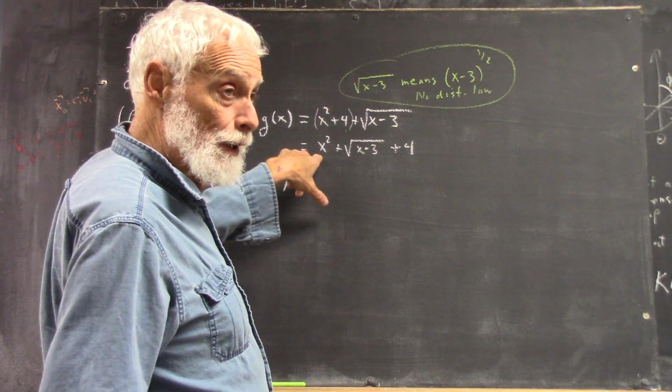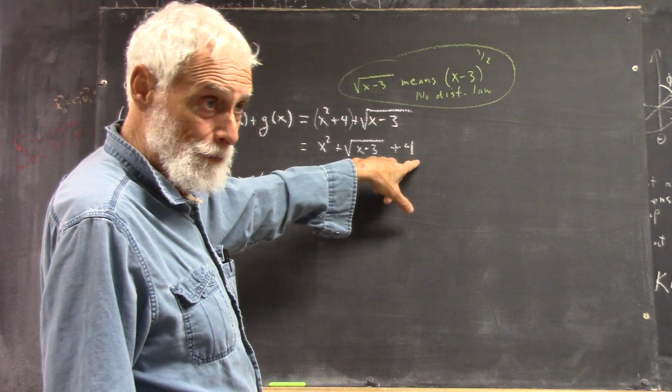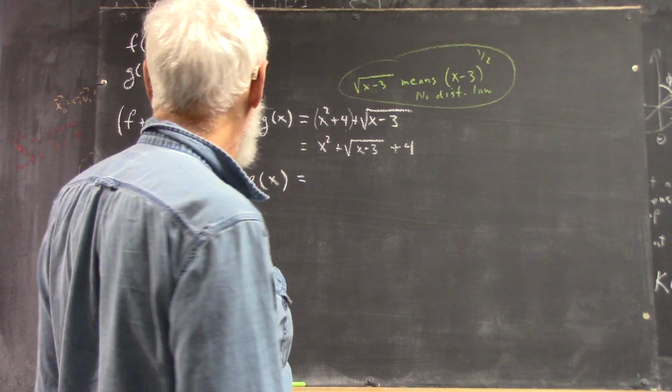This is the second power, this is the 1/2 power. That's 4 times the 0 power of x. X to the 0, of course, anything to the 0 is 1. Okay? Then,